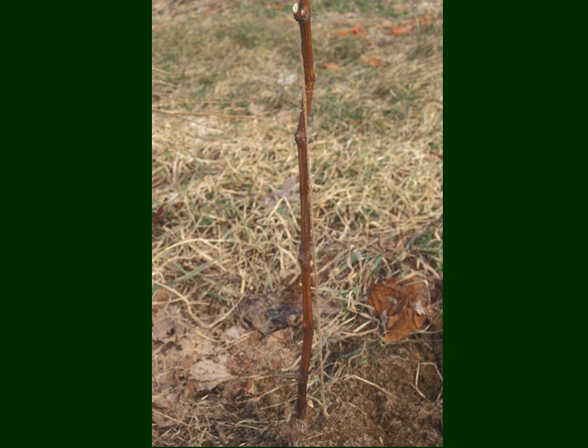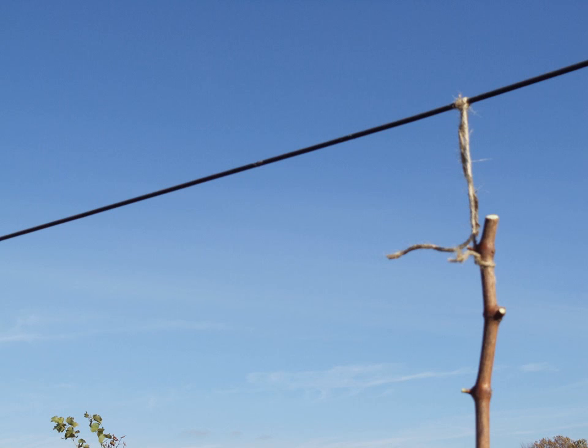Here is going back to a picture showing the stub technique with a piece of jute twine. When we get to the top and we tie this long cane that we've pruned to just below the top wire, it's important that we pull the cane up to the wire. Don't put the twine around the piece of cane and then put the twine over the wire and pull down,